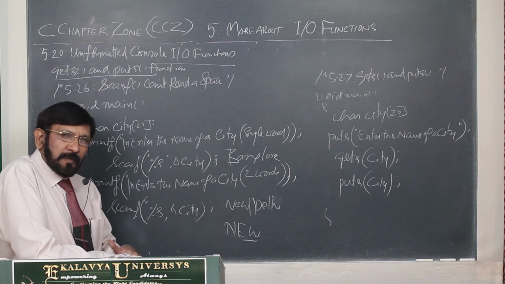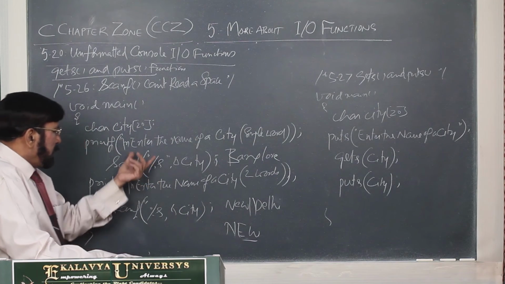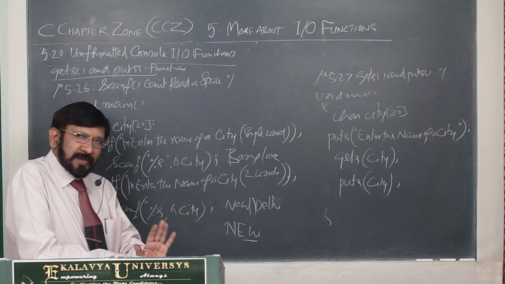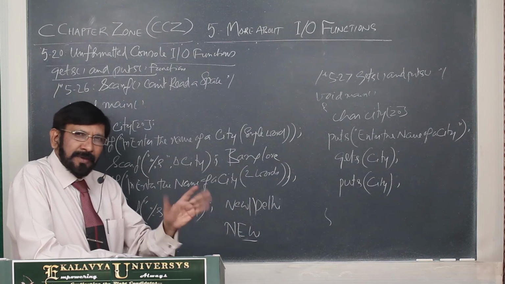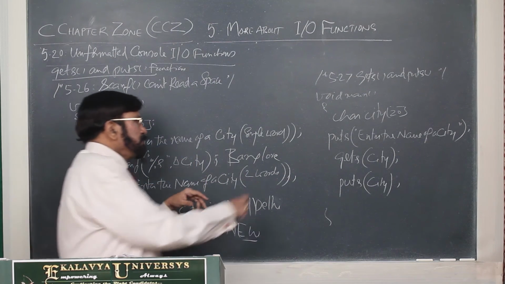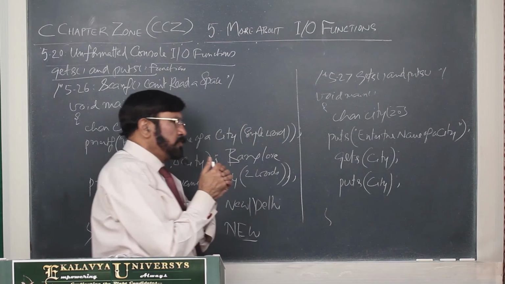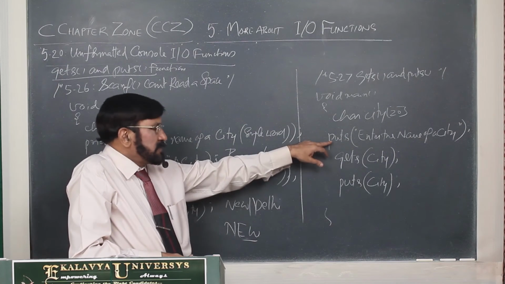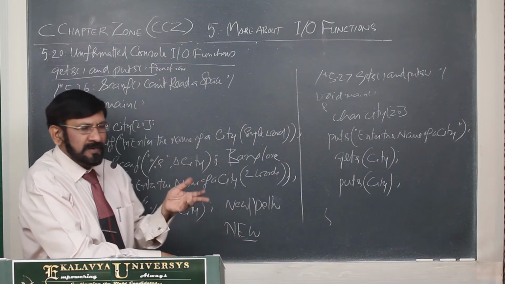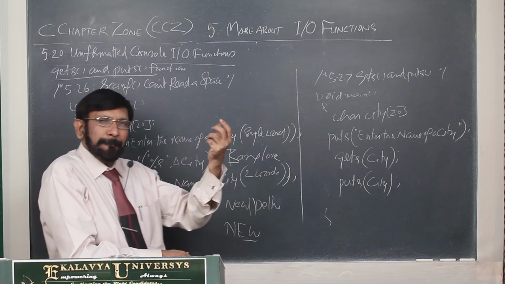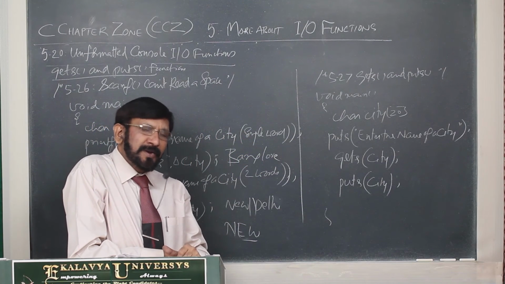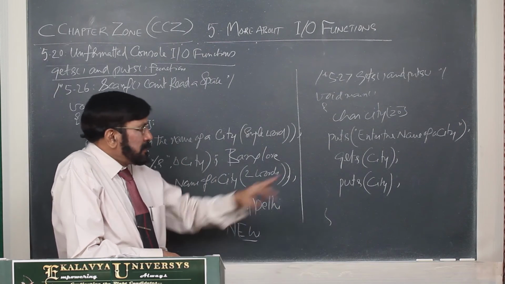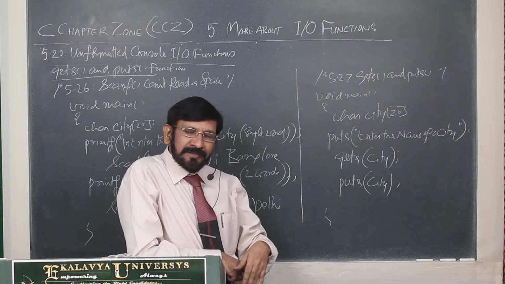That means if you want to read text and all that, you cannot use scanf. For that purpose, I already explained to you the circumflex technique, a simple technique that you can use. That is a different issue. Now I want to show you the superiority of gets mainly, and puts also. Puts is an unformatted output function. What is the corresponding formatted function? Printf. What is the limitation of printf? Printf cannot break its line, but puts can break its line.